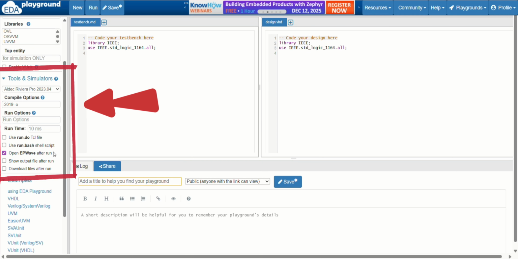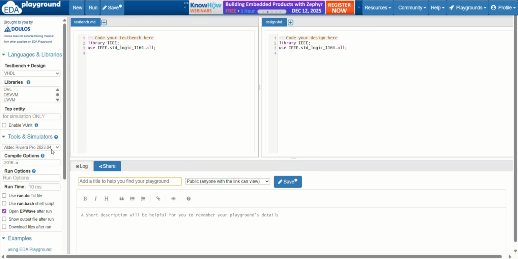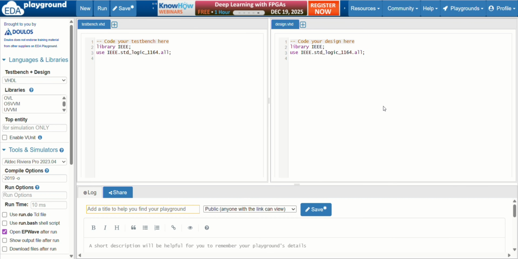After clicking this, the whole part which needs to be done before the code, meaning the left side part, is complete. Now we have to do our code in the design.vhd and testbench.vhd. Okay,